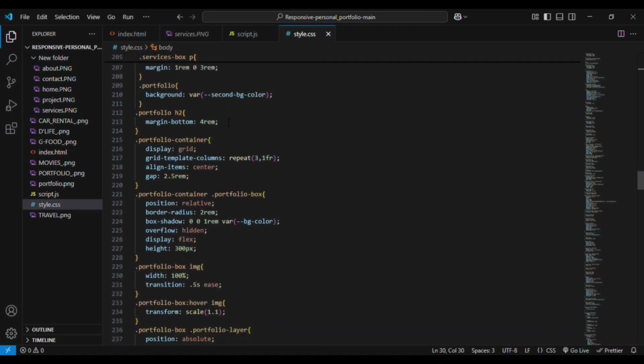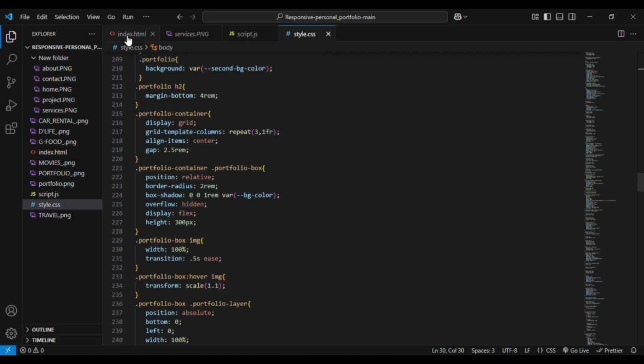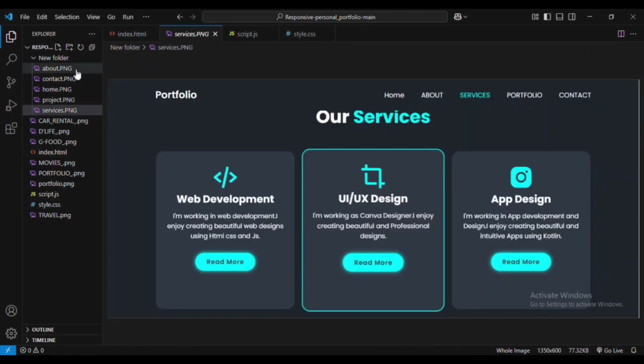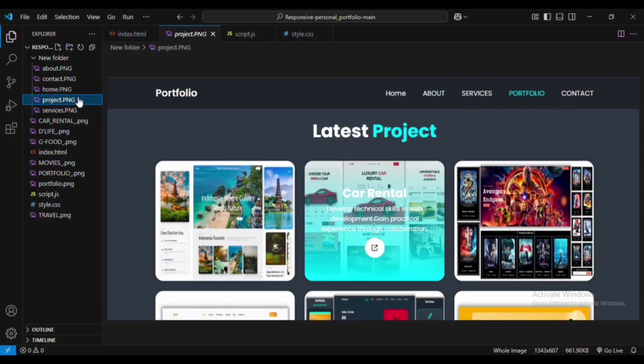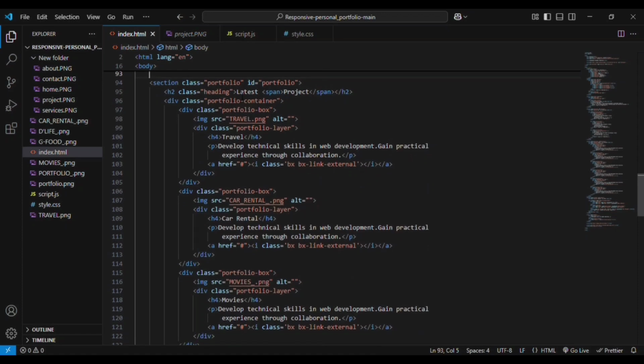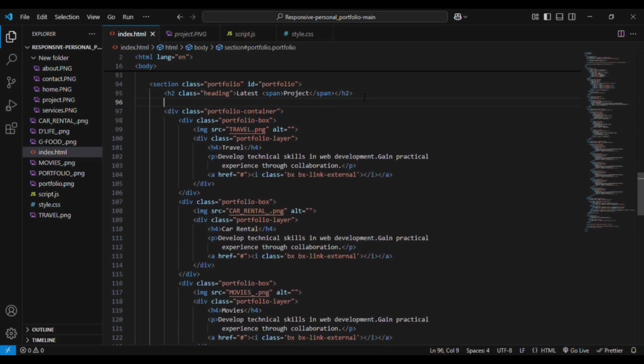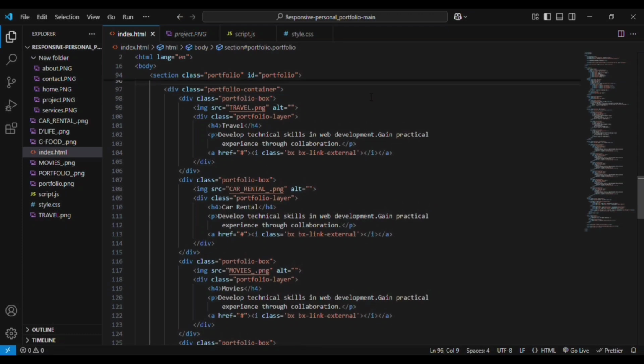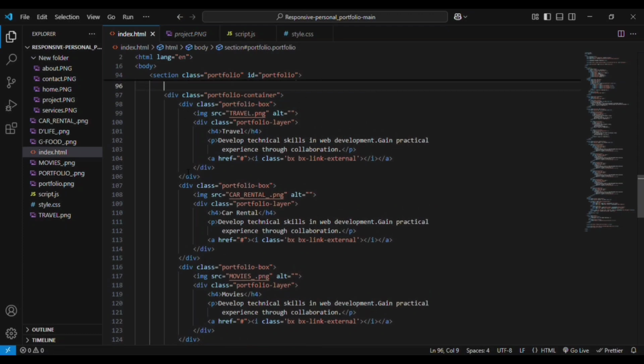Then you can go to the portfolio section. Portfolio, it is your project section. You can see here, this one. In the portfolio section, we have the same H2 heading, we have the class latest project. Then we have the main div, that is the portfolio container, inside which we have the div portfolio box, in which we have the image tag, and then we have the div for portfolio layer, that is travel, H3 element, H4 element for travel, paragraph element for adding small data. Then we have anchor tag for